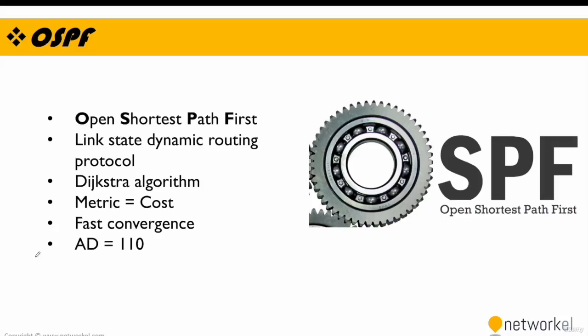OSPF is an Interior Gateway Protocol, IGP, commonly used in large enterprise networks. It is a link state routing protocol and provides fast convergence and excellent stability. To find the best path, OSPF uses the Dijkstra algorithm and uses the cost value as the metric. OSPF has fast convergence and an administrative distance value of